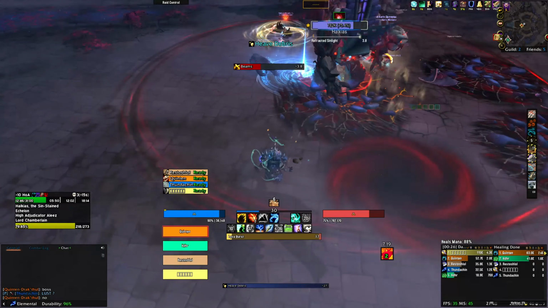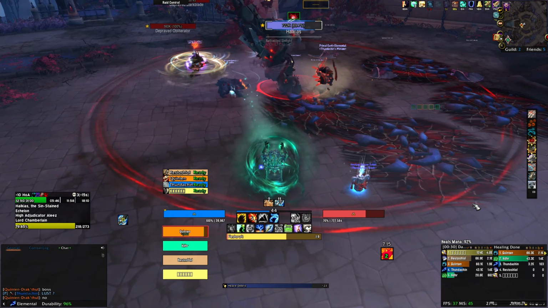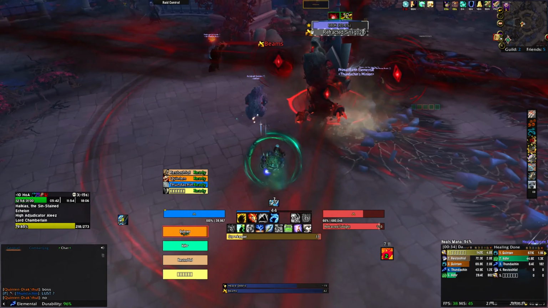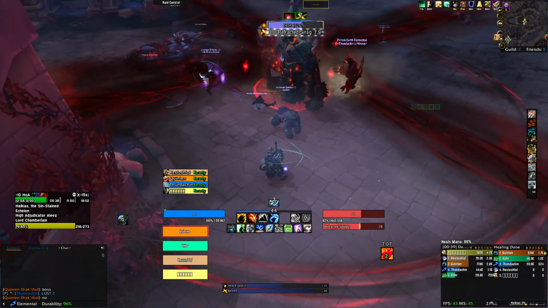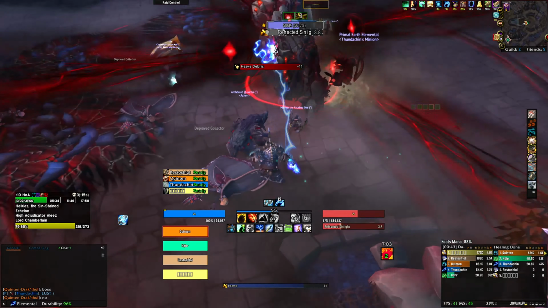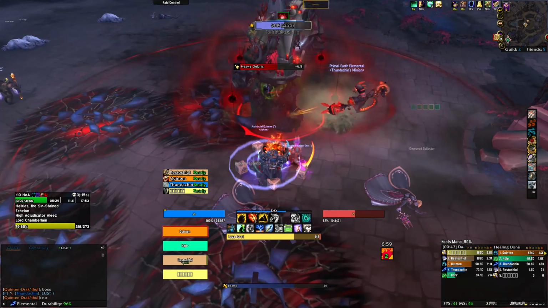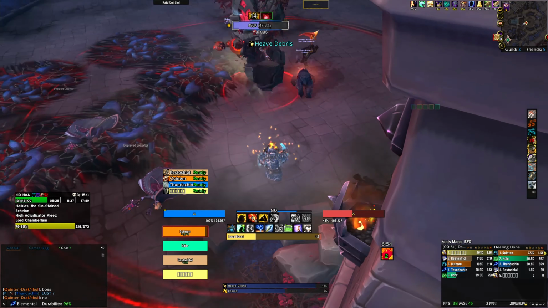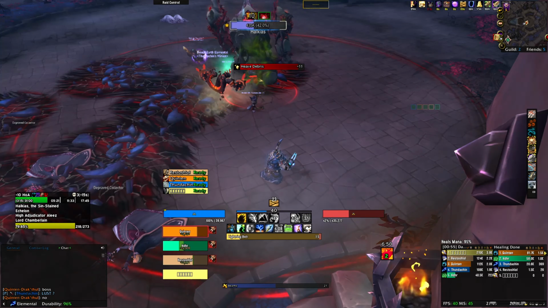So I'm primarily using Lava Burst and keeping Flame Shock up, then Earth Shock and Earthquake when I can. In between, it's Lightning Bolt. There's a lot going on with this boss, a lot of movement, so in between I'm using Frost Shock, Flame Shock,